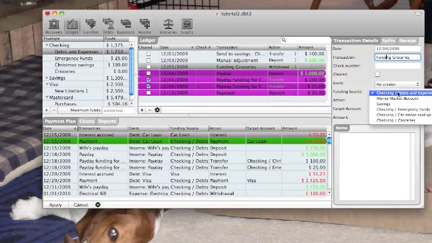The funding source, where the money's coming from, it's coming out of debts and expenses, and then set the action. The action varies depending upon whether it's a bank account or a credit card. Bank accounts you can deposit money